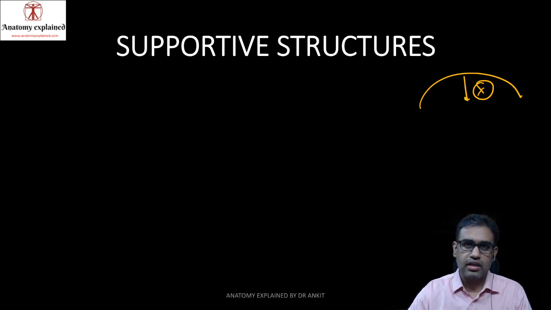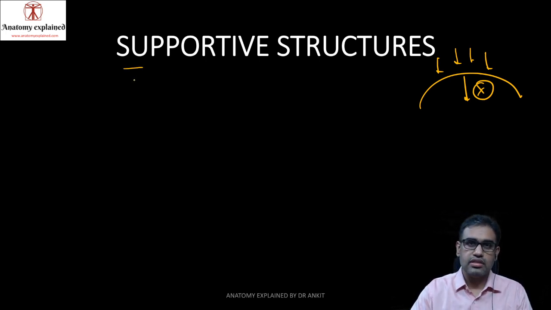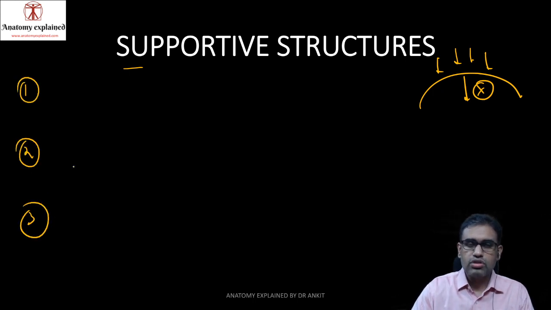That is an applied aspect. But all your life you walk, you run, you jog, you stand, you do all those activities with your lower limb. Even then, the arches are maintained. So there has to be some supportive structures which are supporting these arches. What are those supportive structures? Those supportive structures fall into three categories. And those three categories are the bony support, the ligamentous support, and the muscular support.